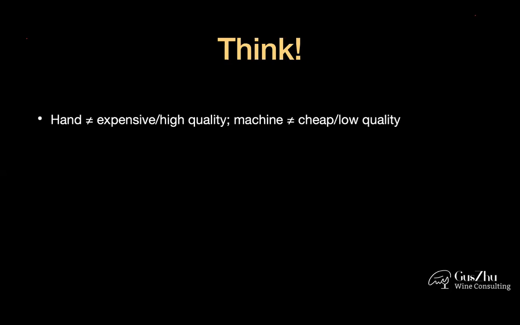You need to learn, for example, when you learn about Beaujolais, especially Beaujolais Nouveau, okay? Beaujolais Nouveau is generally inexpensive and basic quality, but they are hand harvested. And why is that? Because they need to do carbonic maceration or semi-carbonic maceration, okay? Think about those things, think about how and why, right?